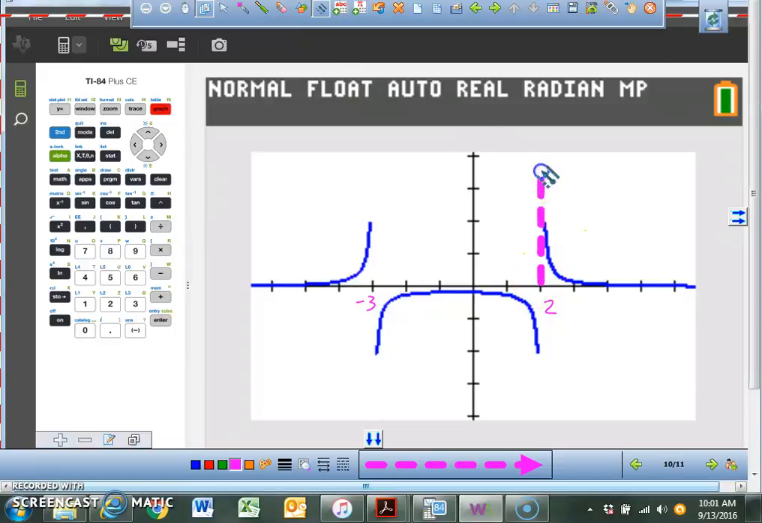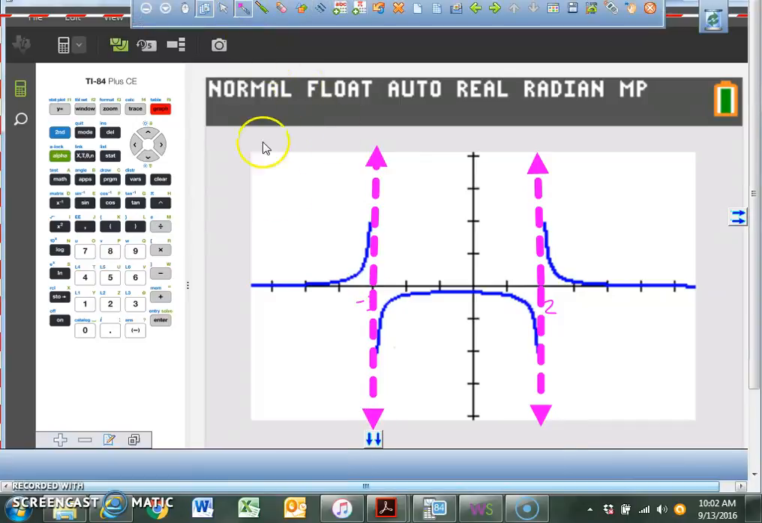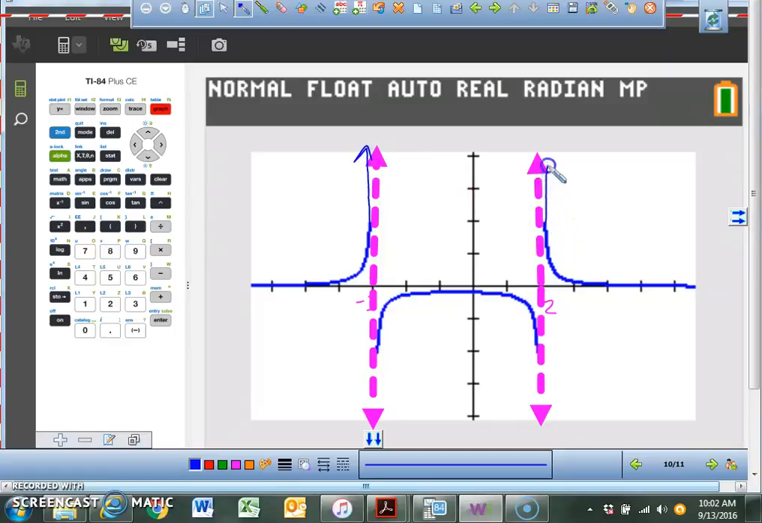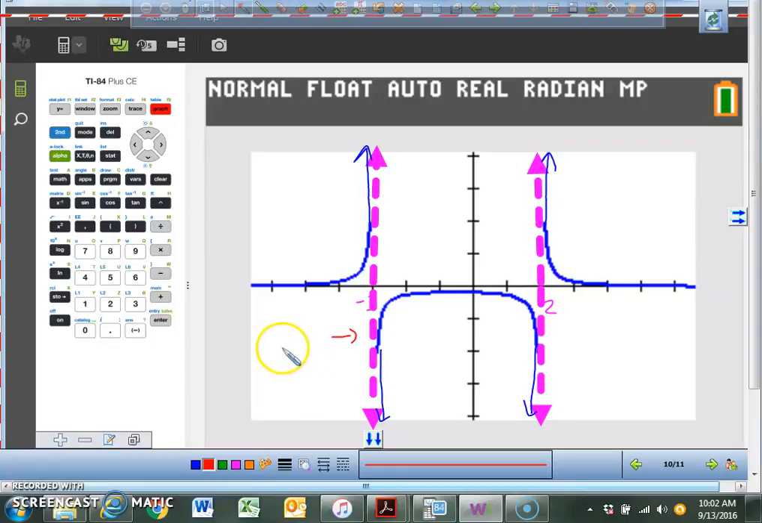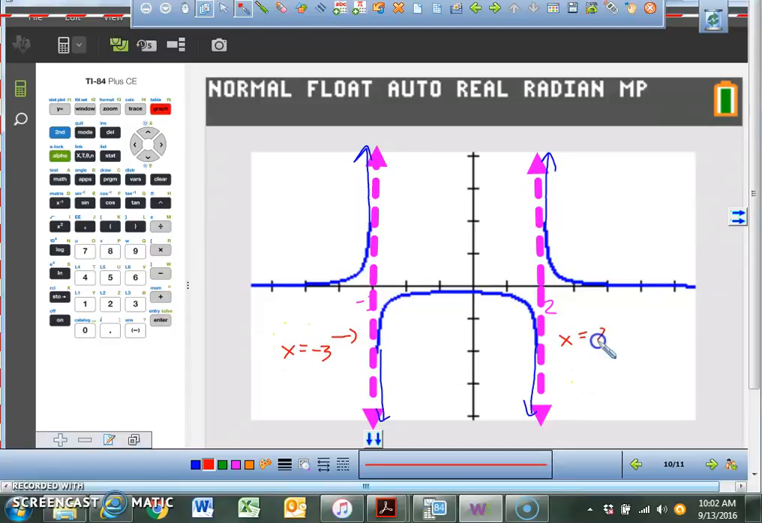So what I want you guys to do is this graph, you're going to draw 2 vertical asymptotes. And I'm just going to continue the graph. Technically, the graph would keep going up here, and down. So we have right here at x is a negative 3. And right here where x is equal to a positive 2, we have 2 vertical